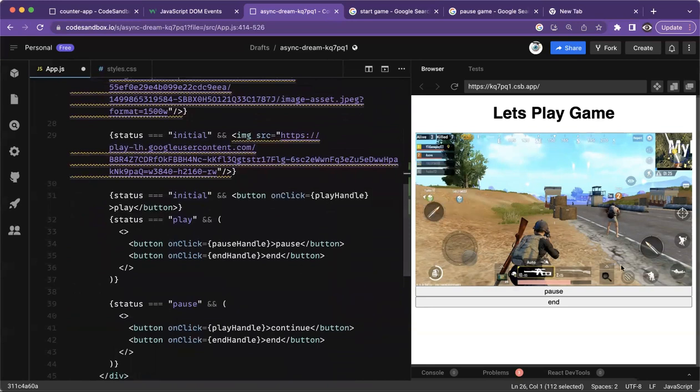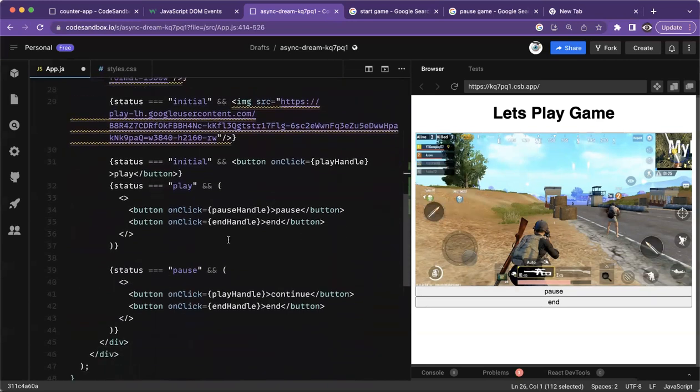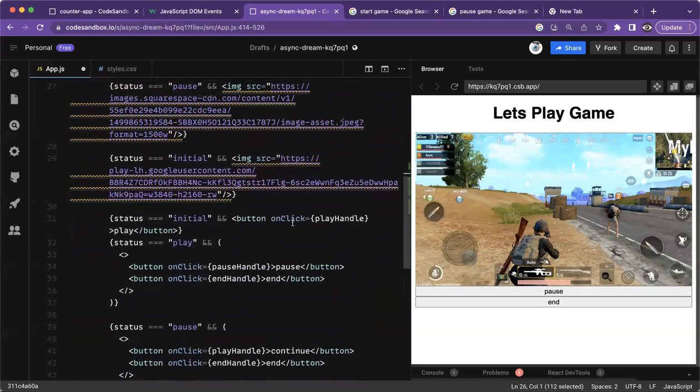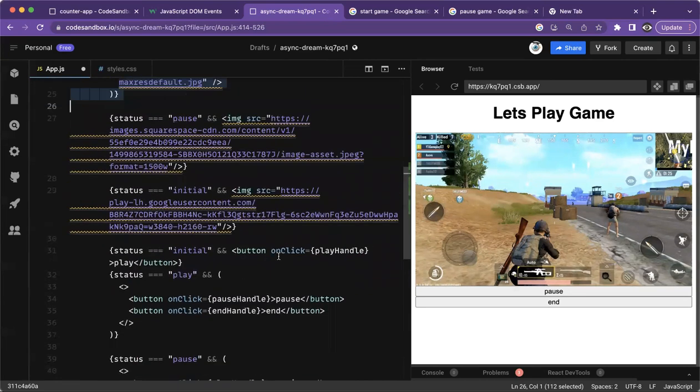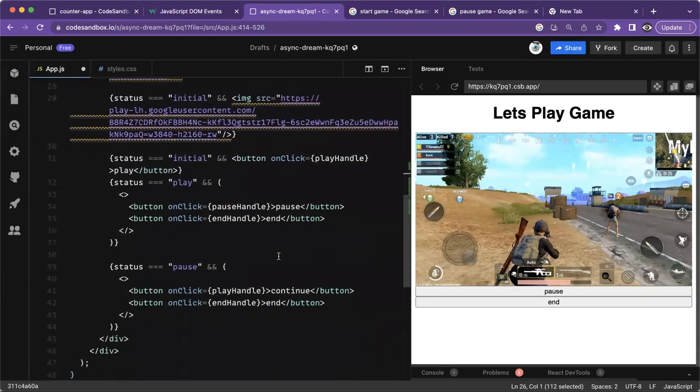And then for the buttons, I'm also doing the same thing. If it's an initial, they only want to show the play button. If it's play, I want to show pause and end button. If it's a pause, I want to show continue and end button. That's it. So you discretely think about all the states and then you build it. That's it. And that's the beauty of this